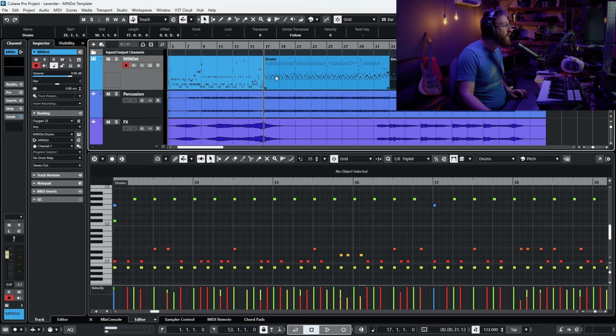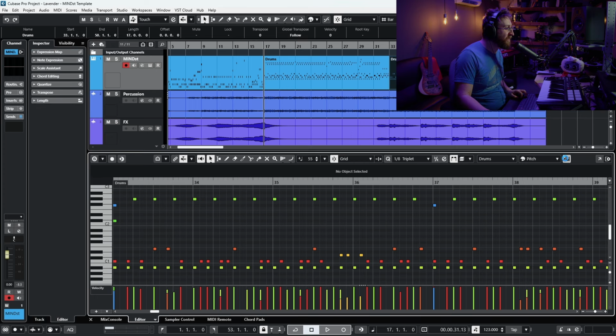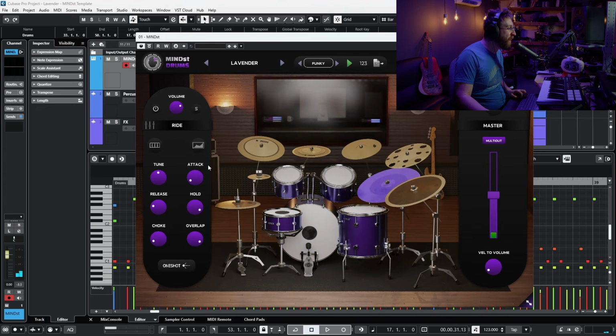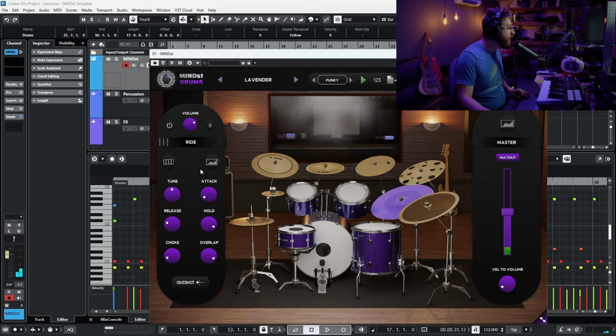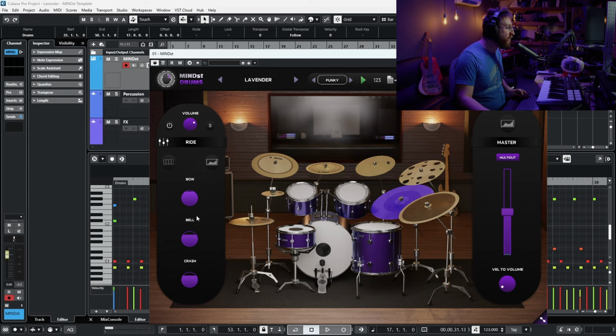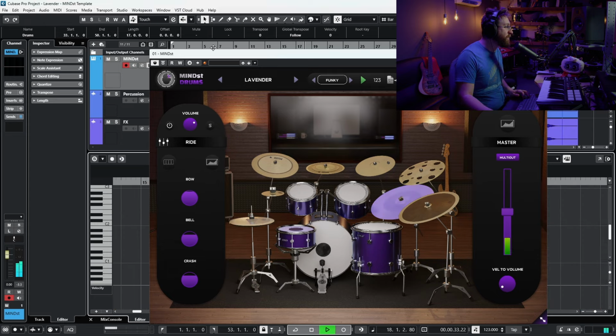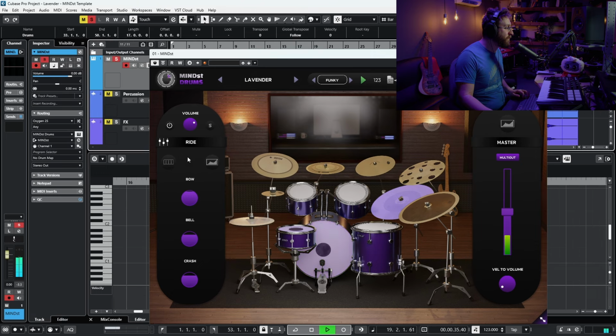One of the other things that really helped me when mixing this, which is something I want to touch on, is that the ride, I was having a hard time getting it to sit in place. Normally, if you were doing this with a live kit, if you wanted to make that ride kick, you'd have to compress it. But I found a little tool in here that made me really, really stoked, which was, there's a little mixer here, and I could turn up the bow hits so that they get louder compared to the bell. If I compare it to having that at the normal volume,